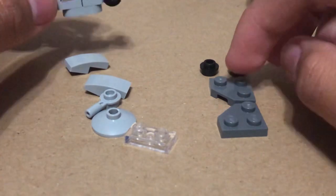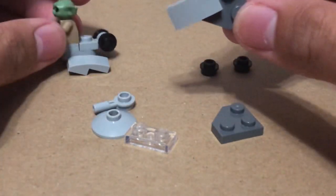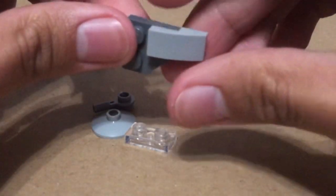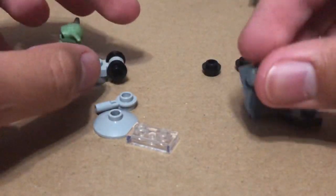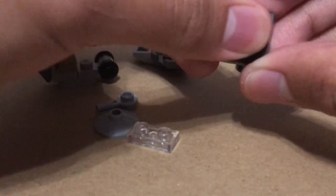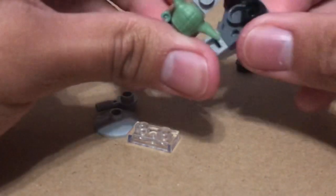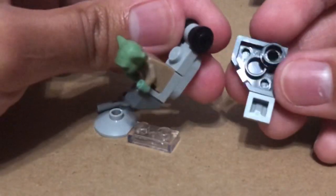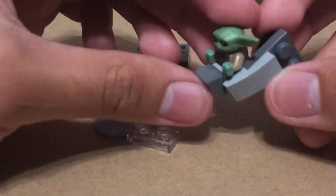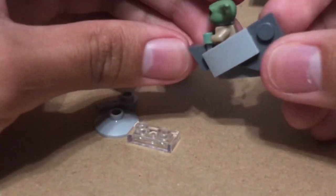So like that. And now we need to get these pieces and put them together like this. And then same thing for this, except it's the opposite, so it'll be like this. And then put one of these studs on any side, but put this on here on the right side or the left side, whichever. Okay, so we needed Grogu here so that he can like stop it with his elbow. So like push that up to his elbow,